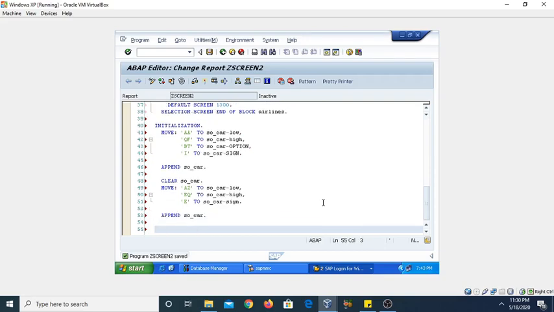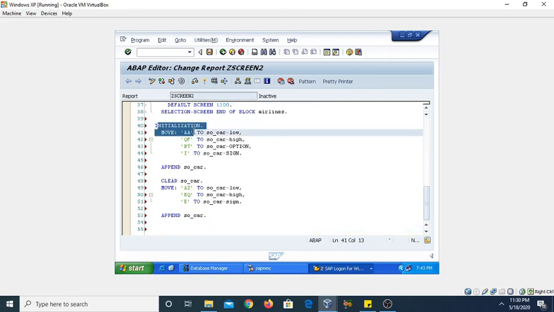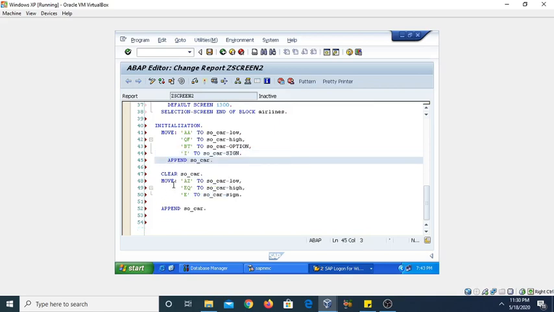Now we need to define, because this initialization part is used for initializing the fields or variables or data objects. So in this part I am going to initialize one thing, which is your tab name.